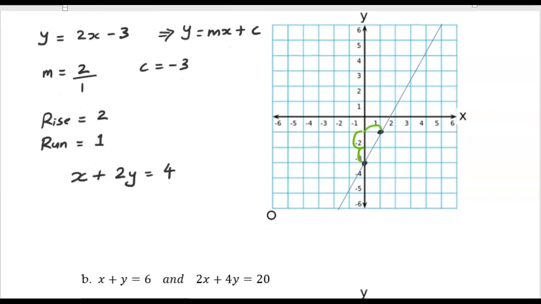Now, to find my x-intercept, right, I'm going to make the value for y equals 0. So if I substitute the value of y equals 0, I'm going to get x plus 2 times 0 equals